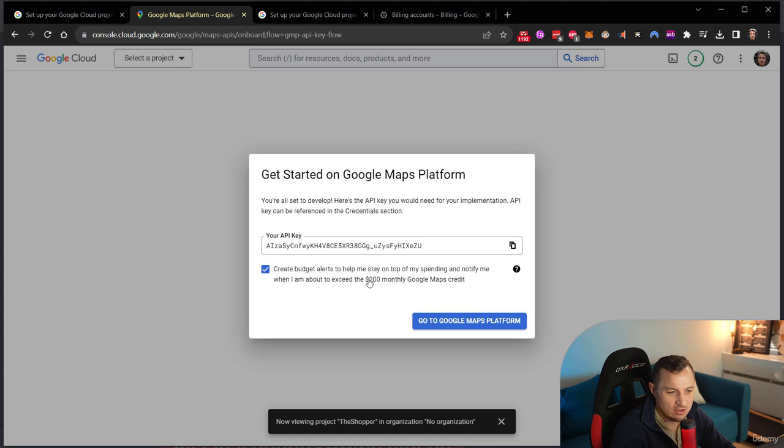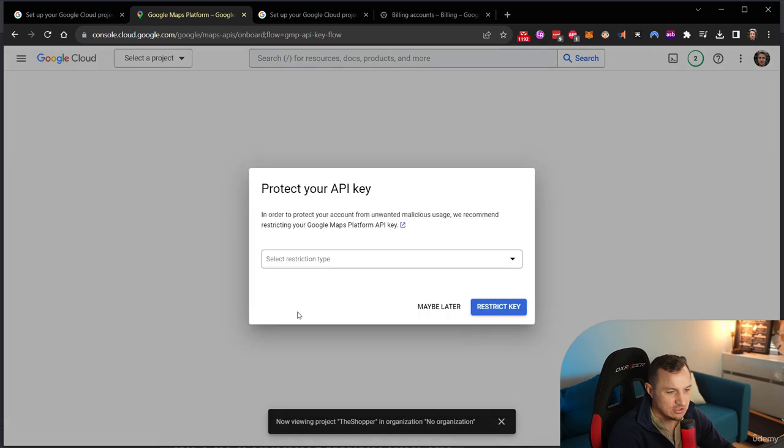$200 worth of traffic for your application, which is quite a bit. So you will not exceed that while testing. Don't worry about it, unless you have some loops going crazy and so forth that will constantly go crazy with the API. But if you just follow along exactly as we do here, you should not get to that quota at all. All right, so then I can now copy my key and click on this go to